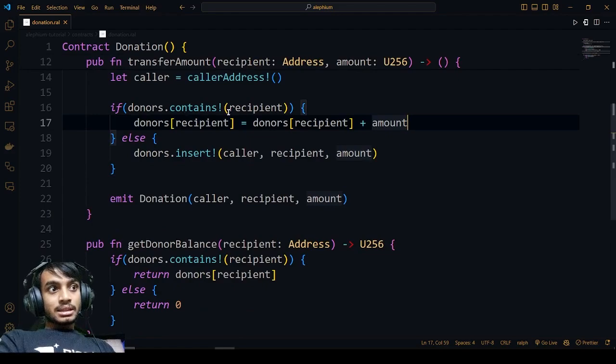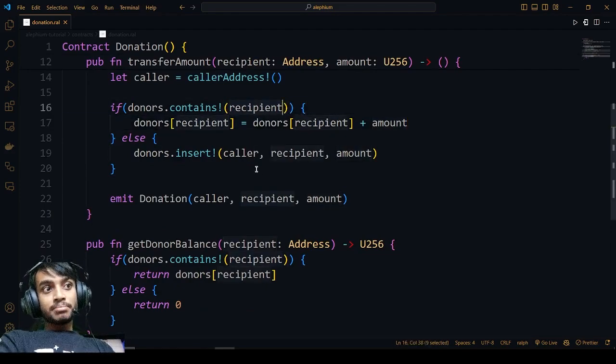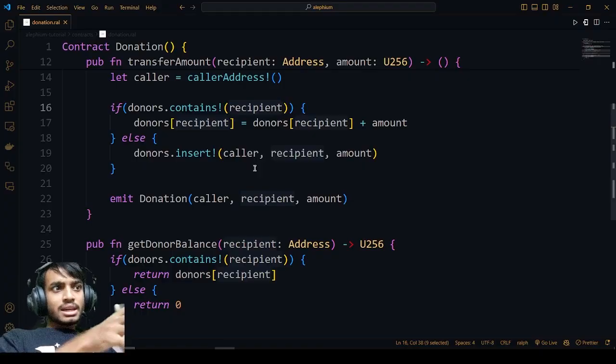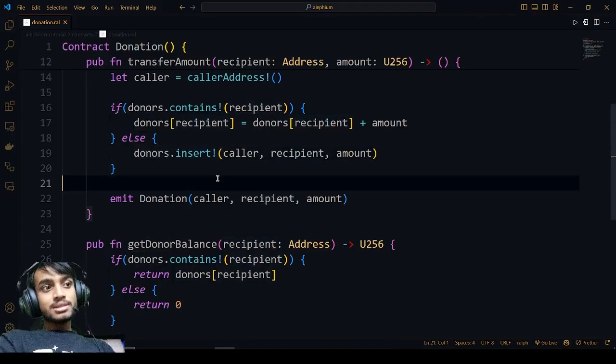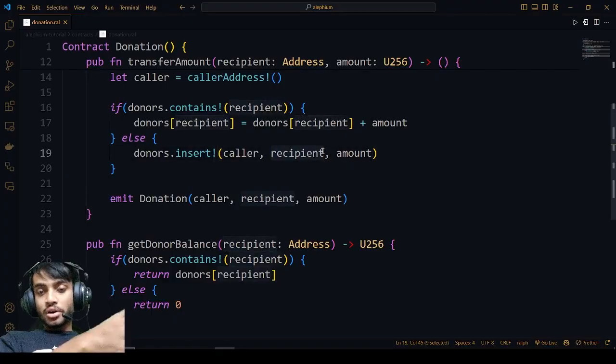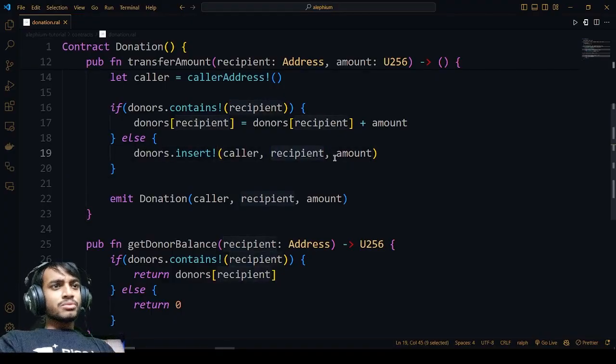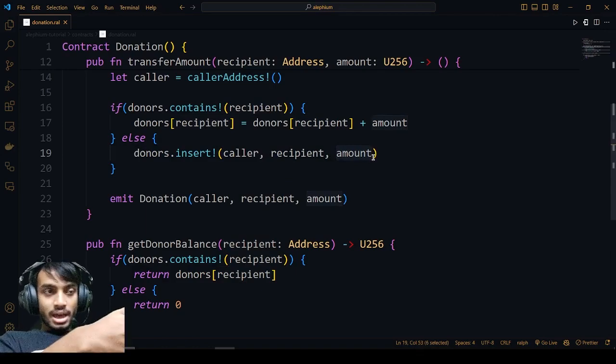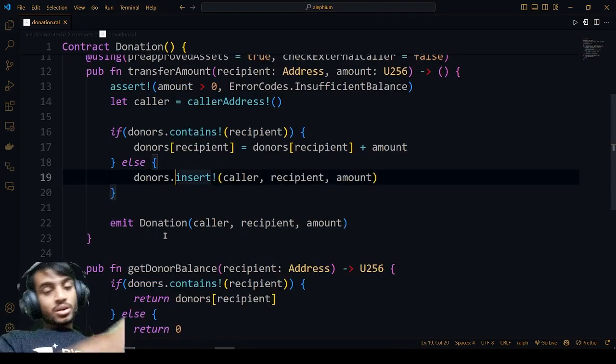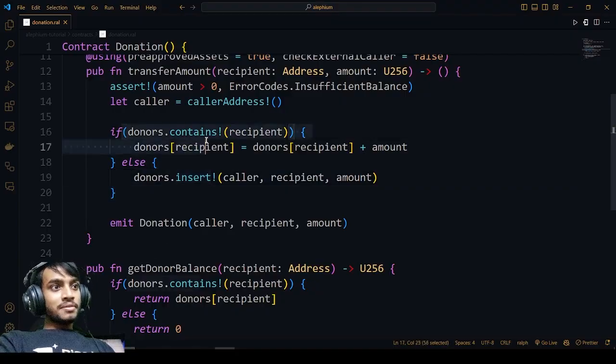In case the recipient had not received any payment previously, then their address will not be available in the mapping, right? Because they have never received any payment. We do not have anything to keep records of. In that case, what we do is donors.insert, that is, we create a new key in the mapping with the address of the new recipient, and we store the amount that is sent to them as the value of that particular key. So see how we use conditional logic: